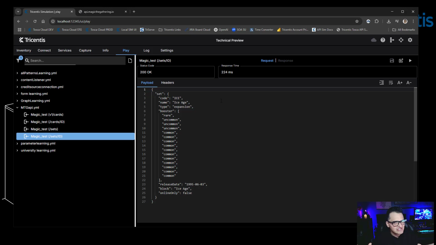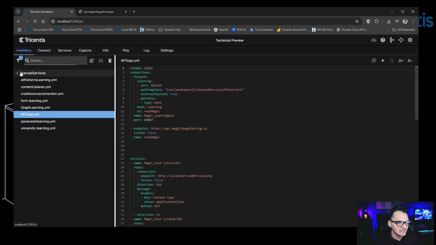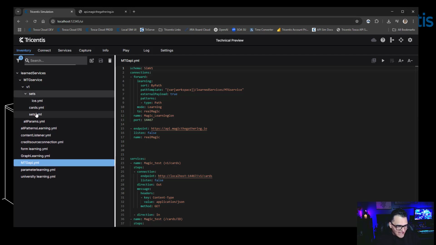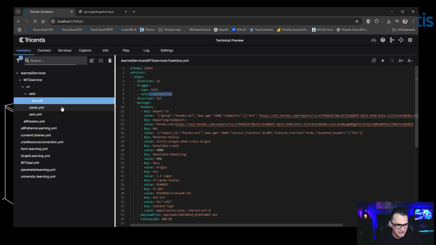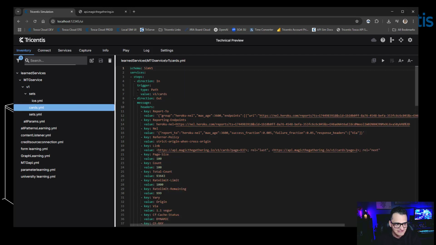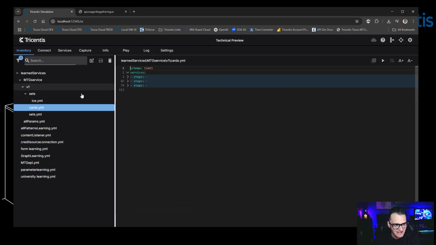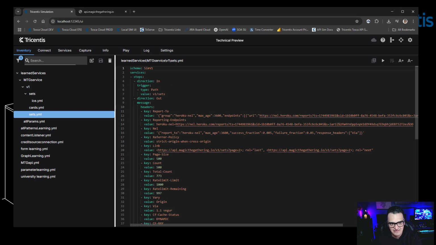Okay, lots of traffic just went through my connection in learning mode. What did it make? So let's go back to inventory, learn services, and look at this. So now what I have is a hierarchical representation of all the different calls. So they were all MTG v1s, but sets looked like this with the Ice Age endpoint. Cards looked like this, and then cards also had cards/ID, which gave us this one, and then sets had the